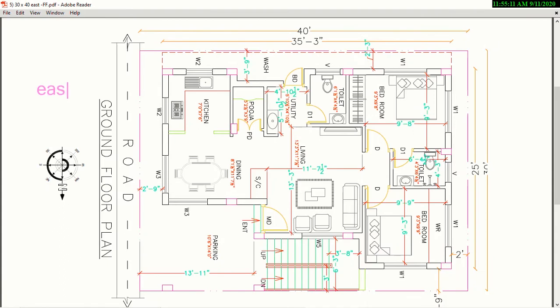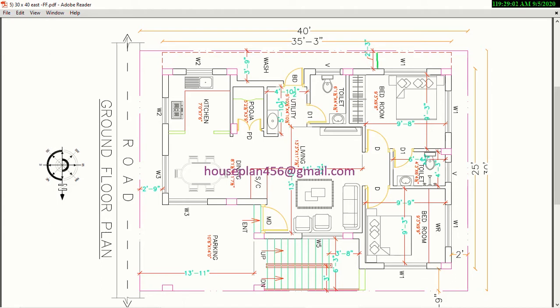Facing of site is east. Length of site is 40 feet and width of site is 30 feet. Towards south, 2 feet 3 inch offset is provided.